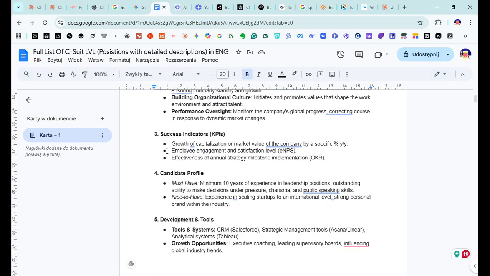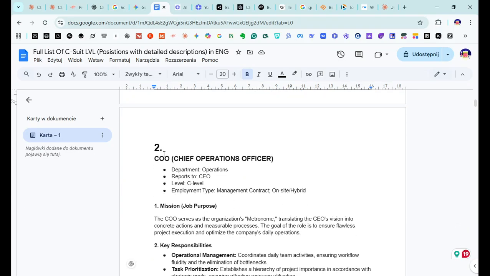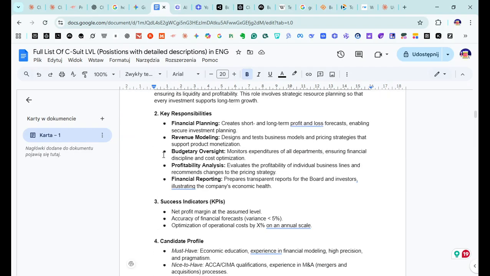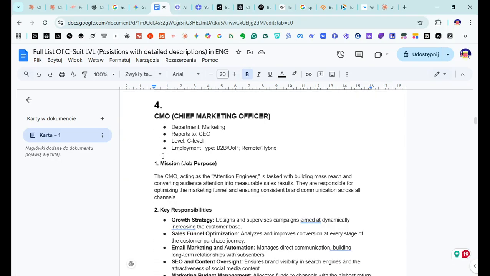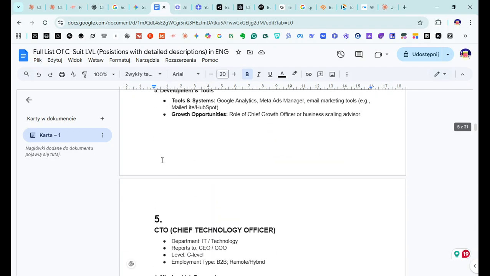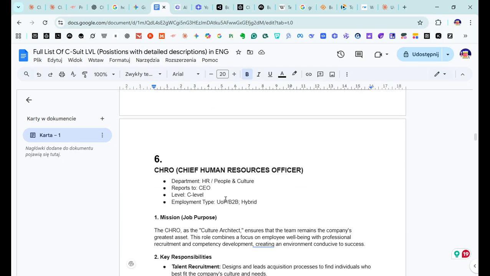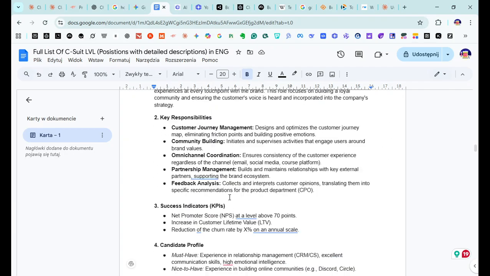So the first few roles will be very obvious, standard regular ones. And then it will get more and more interesting, right?